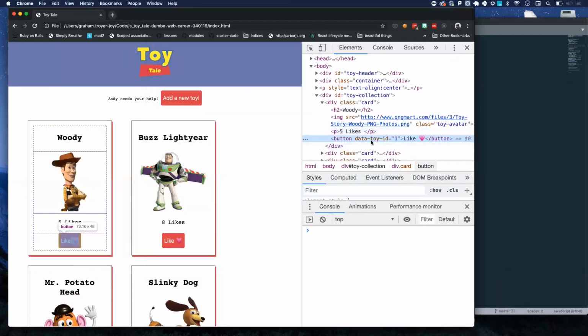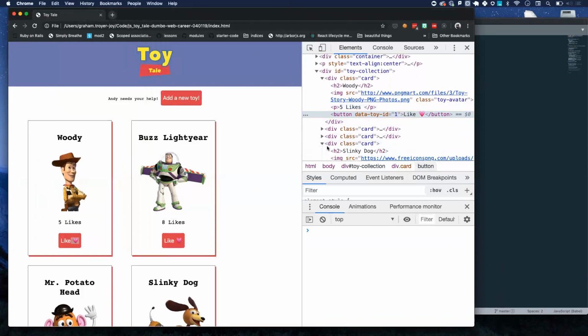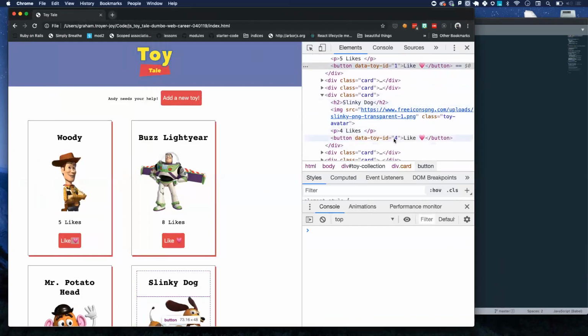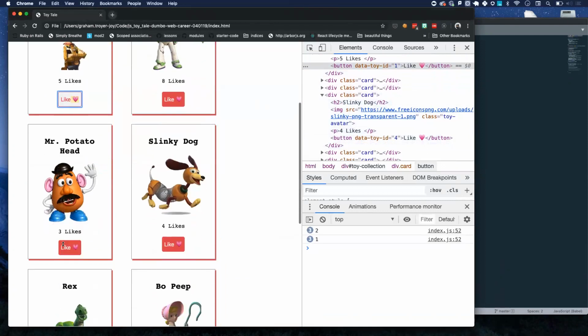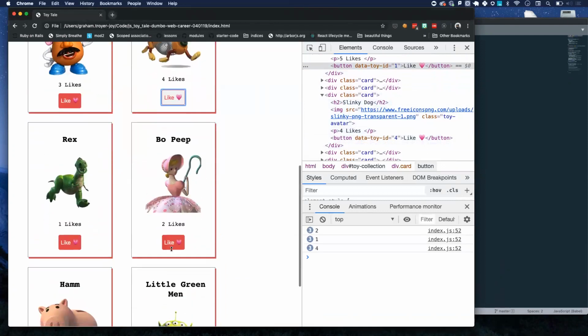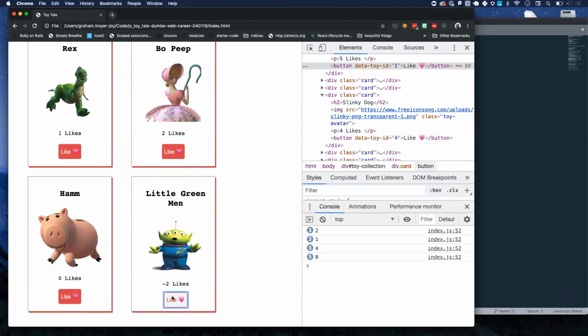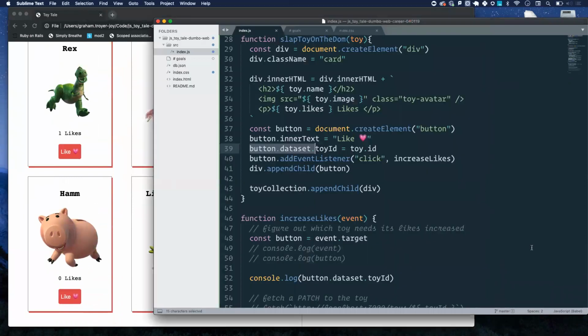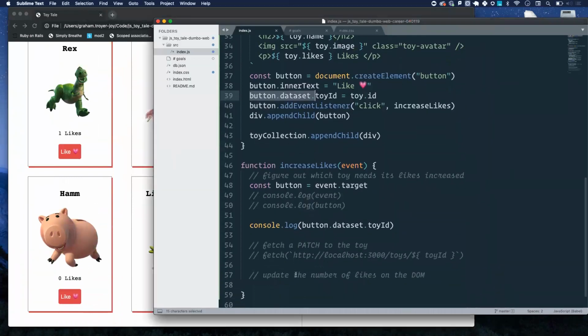Here on each button, data-toy-id 1, data-toy-id 4. That ID lives there, and when I click this button, I can get that ID back. 4, 8. Cool? Sylvia, okay, what did you console log to get the